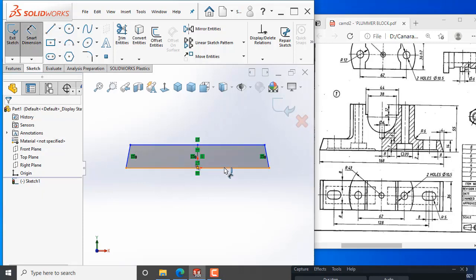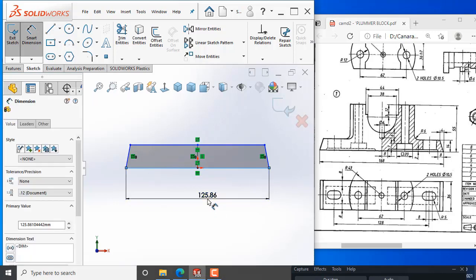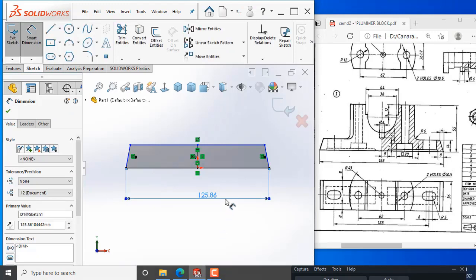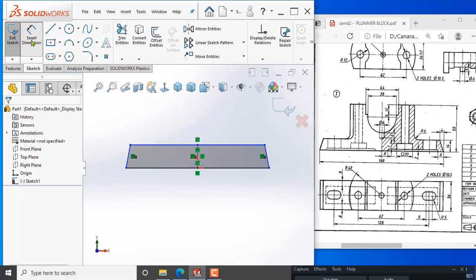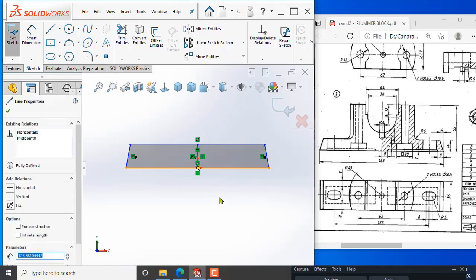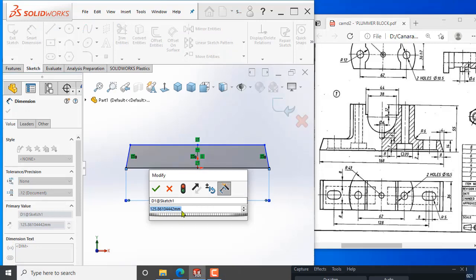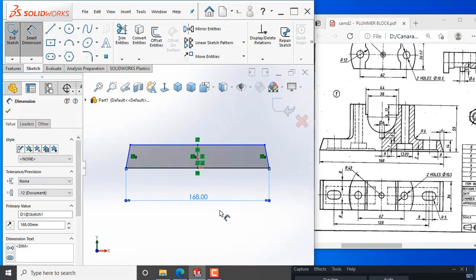The bottom line size is 168. Select the smart dimension option and using a left button click on the black bottom line. See, you will get a dimension. Click the dimension, immediately it will highlight in blue color. There you can type and edit whichever value you want. Now I want it as 168, so I will directly type 168 and that line will be readjusted to